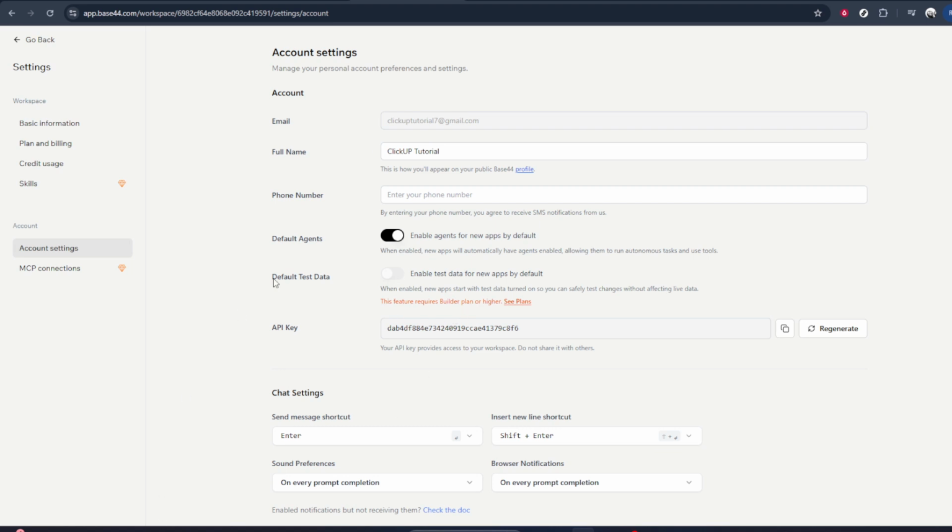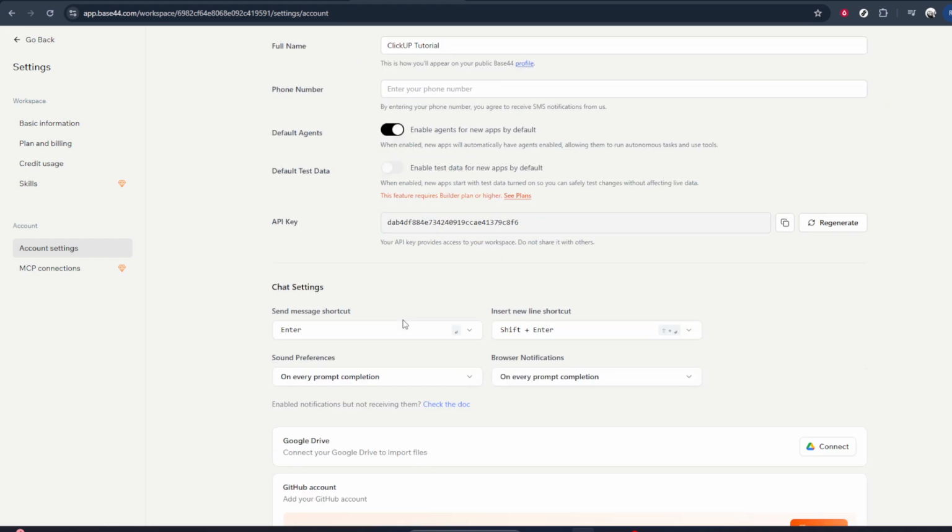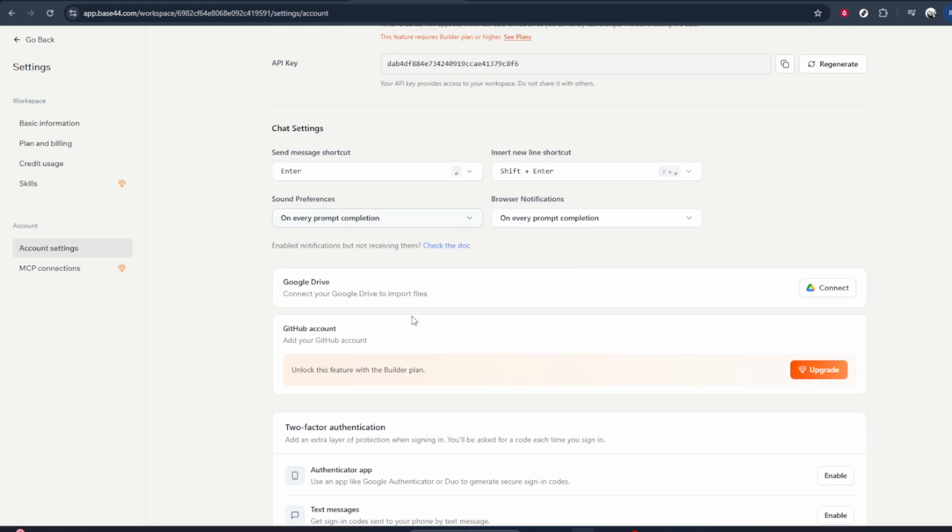From the menu that appears, look for the option labeled Account Settings. This is where Base44 keeps all of your personal and workspace configuration options. Click on Account Settings to move into the settings page. It may take a moment to load, especially if it's your first time opening it, so just give it a second. Once you're on the account settings page, you'll see different sections for things like your profile, workspace information, and